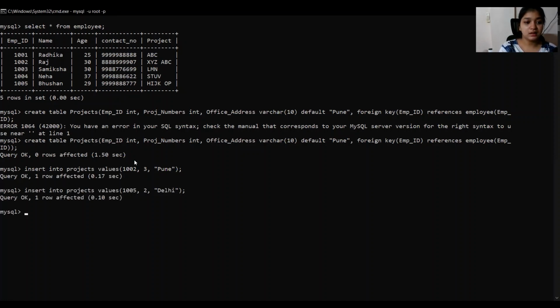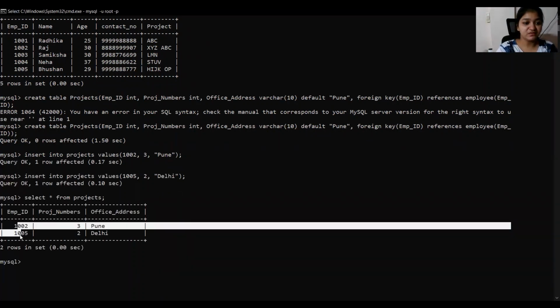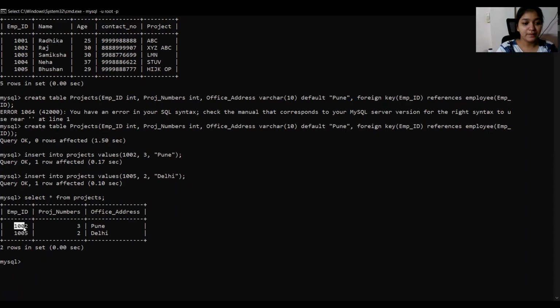Yes. Okay, so now let's check if the values have been inserted properly or not. Select star from projects. Yes, so we have these 2 employee IDs, and one is from Pune, one is from Delhi.